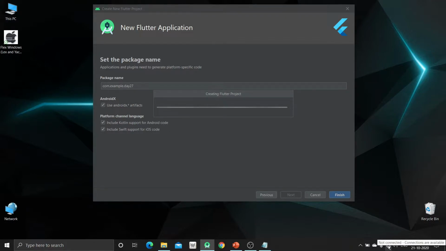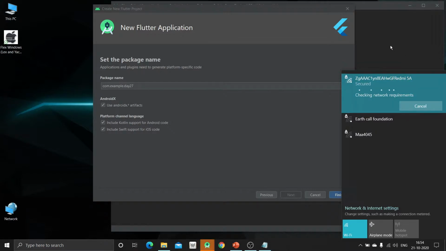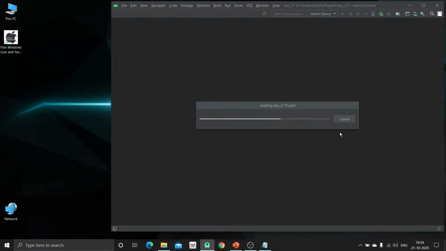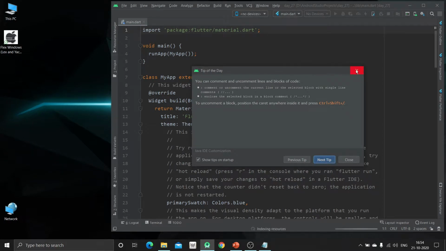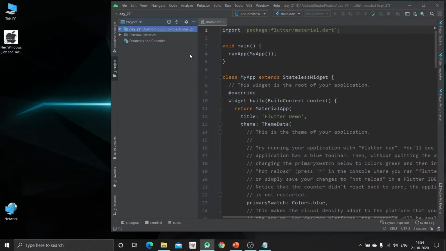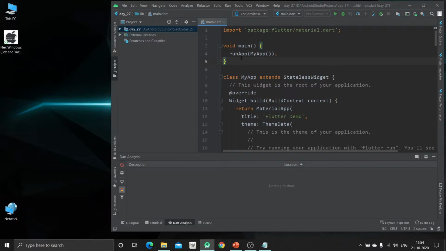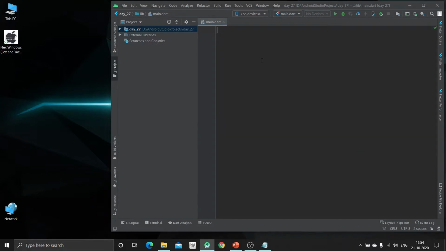So here we are first going to create a sign up page that will be used to get the details of the user. So this is our sample app. So we are going to remove this. So just remove all this, and we are going to create our app from scratch.